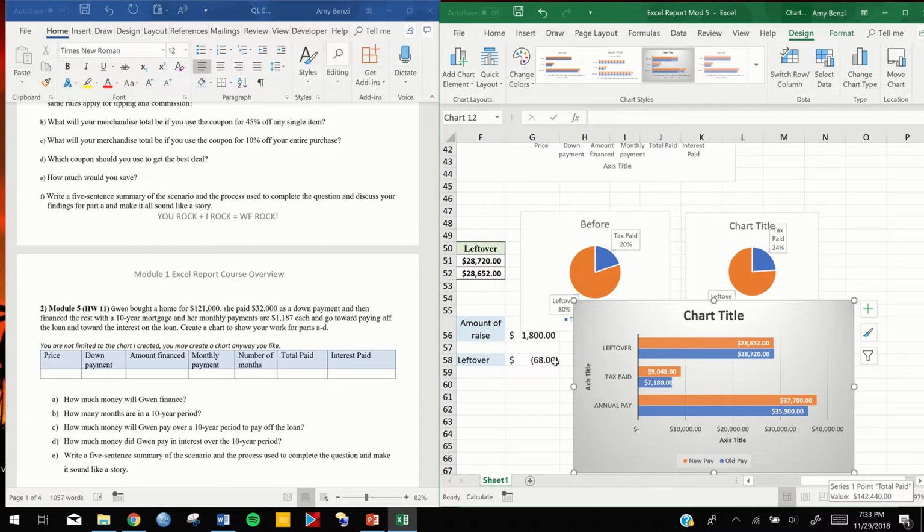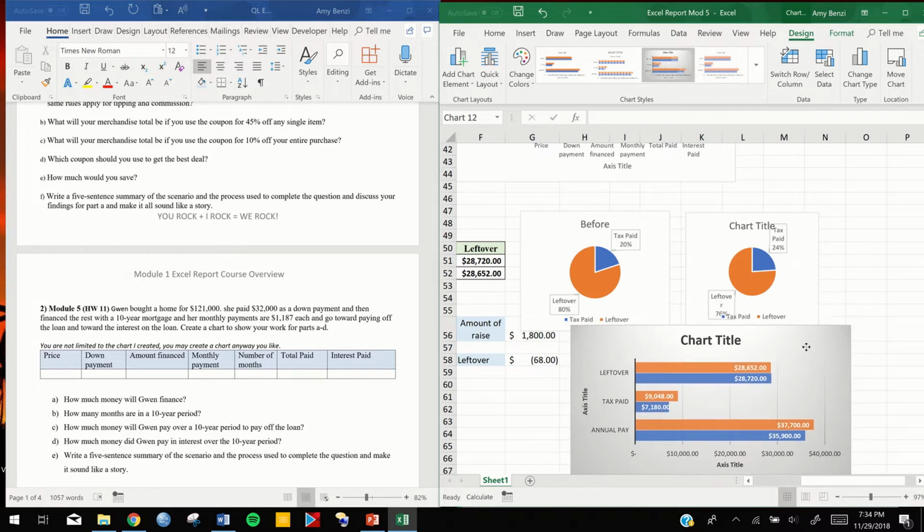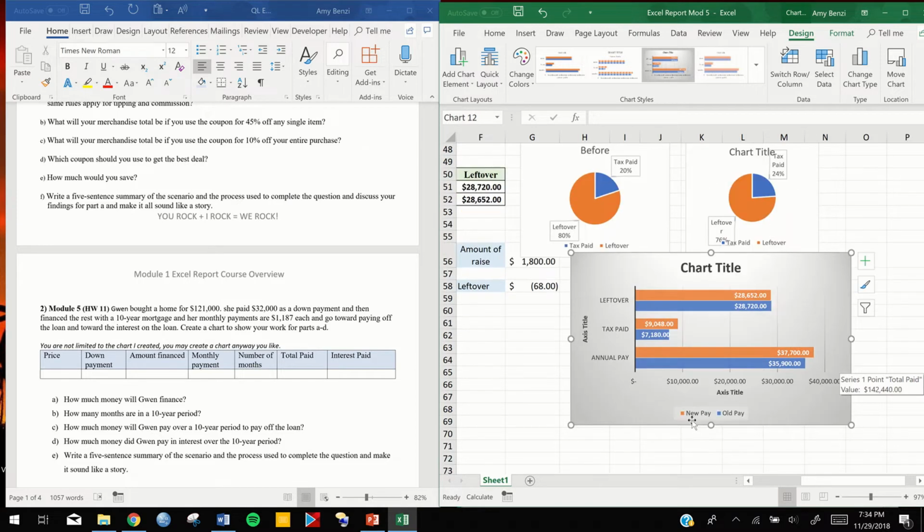But now, instead of looking at those numbers and realizing Excel has a negative number for these parentheses, I can just, at a glance, look at my chart and clearly see, whoa, what am I saying whoa about? My new pay and my old pay. What's left over? Look at the difference in your raise. Do you see the